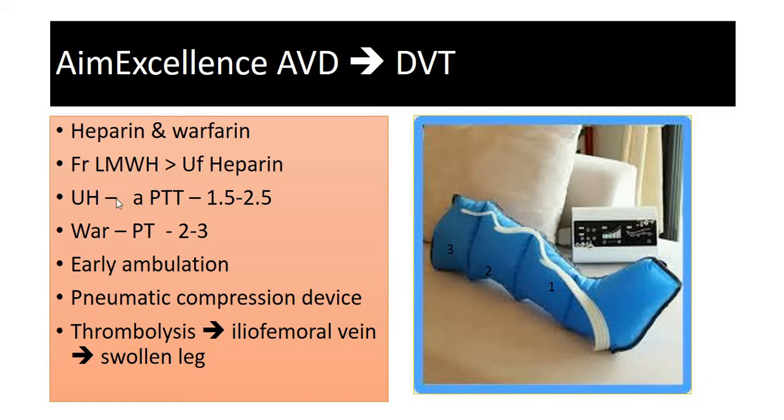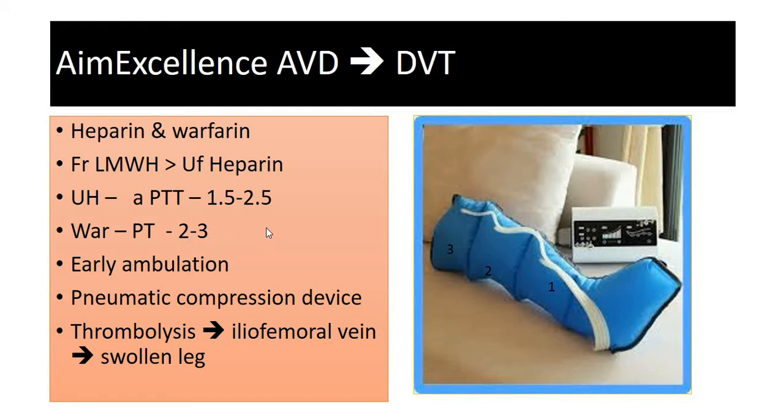And the unfractionated heparin is determined by the APTT, and it is preferable to keep it within the 1.5 to 2.5 level range. And the warfarin is determined by the PT, prothrombin time, or INR, which has to be kept within